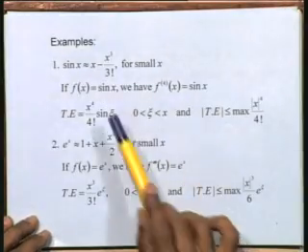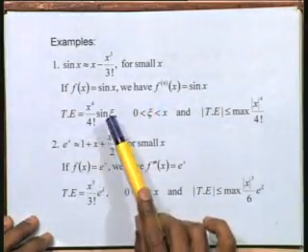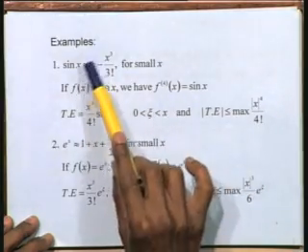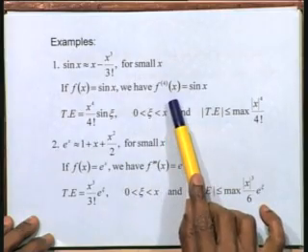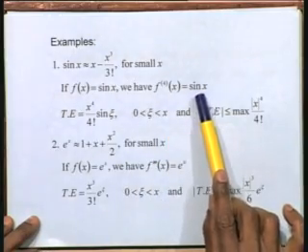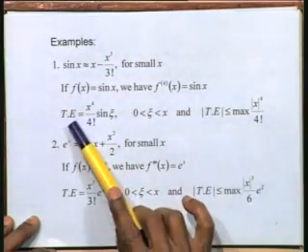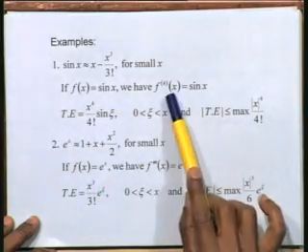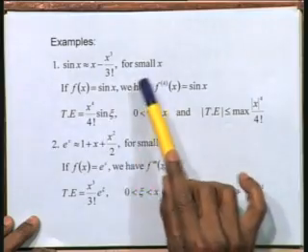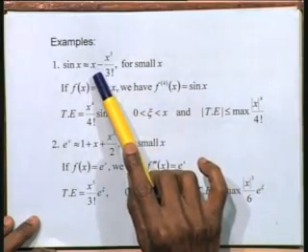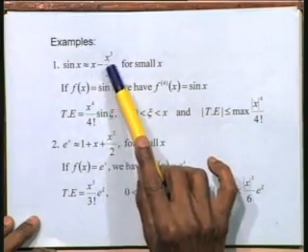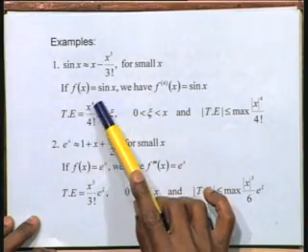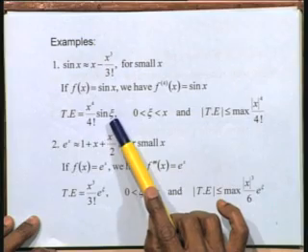Therefore, if I write this as this, the truncation error would have the fourth derivative. So I need the fourth derivative. If f(x) is sin x, four times differentiation gives me sin x back. Therefore, the truncation error is x to the power of 4 by factorial 4 into f4 of xi, that is sin of xi. Here we are expanding about the point 0, so this is x minus 0 whole cubed by factorial 3, and hence the truncation error also will be x to the power of 4 by factorial 4 into sin of xi.